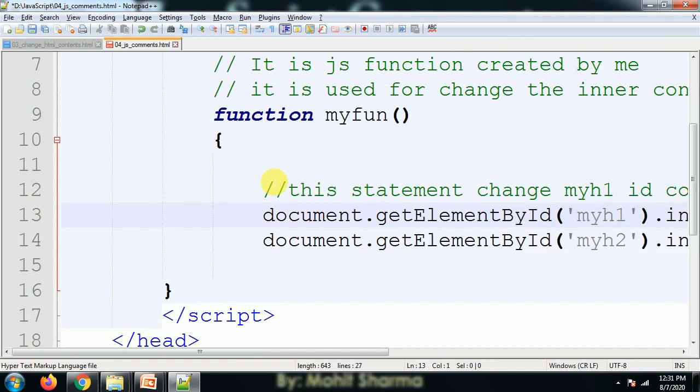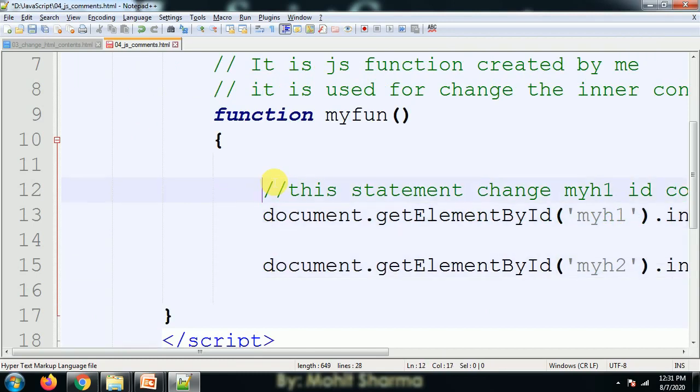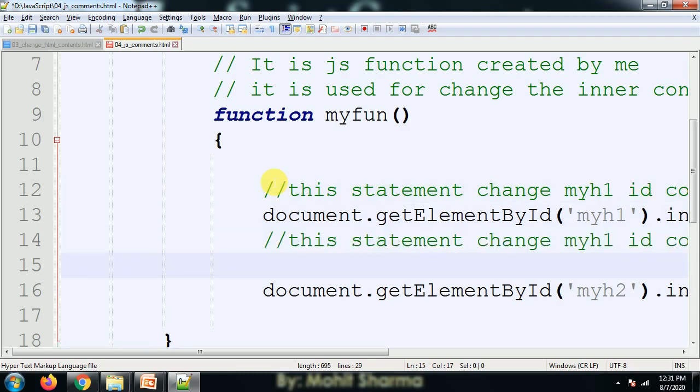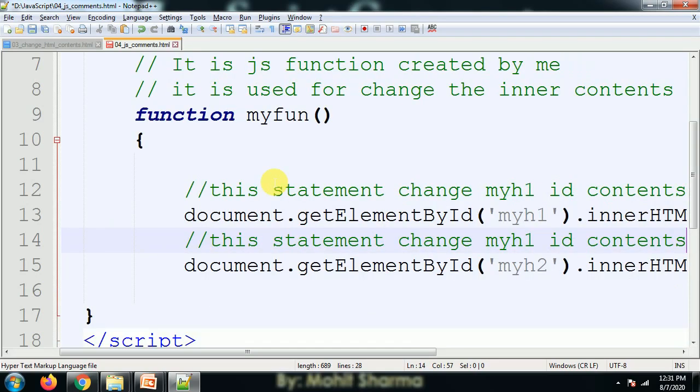For the second one, this statement changes my h2 id contents.